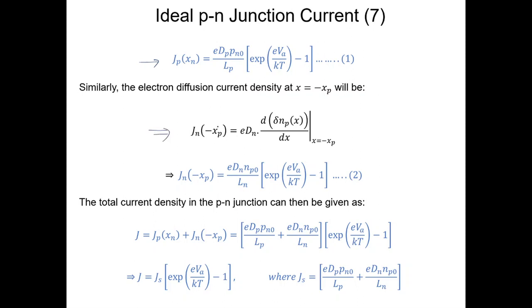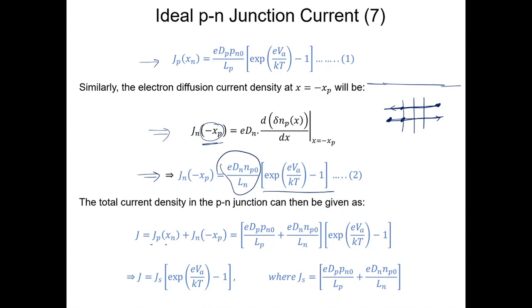For the electrons at the p side, we find the electron current density at x equals -x_p, which is also the edge of the space charge region. As we said, both are flat inside the space charge region. So if we find the hole current density at one point and the electron current density at the other, and assume they are flat across the entire region, we can add them, which means adding at any of those points. Since adding at any of those points always results in the total current, which is flat across the device, we get the total current. So we solve it now for the electron current at the p side, and we get a very similar relation: a constant